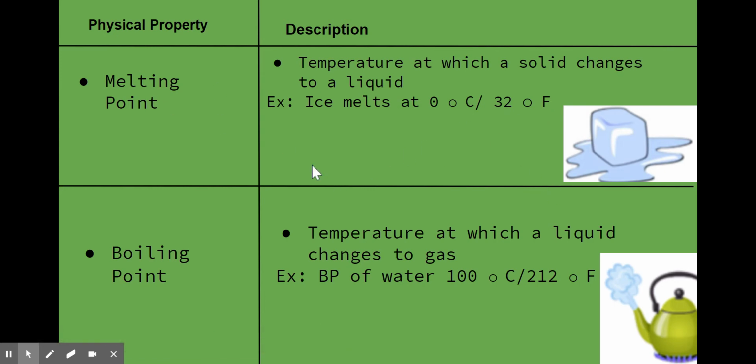The funky thing about water is that it melts and freezes at the same temperature. Which, if you think about it, you're like, what? So that's why when we were hoping for snow, we really needed it to be like 31 degrees for it to stick. At 32 it could go either way. It could really melt off as well. So the melting point is 0 degrees Celsius or 32 degrees Fahrenheit for water.